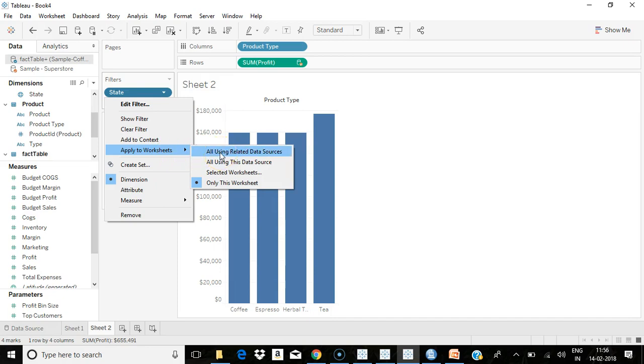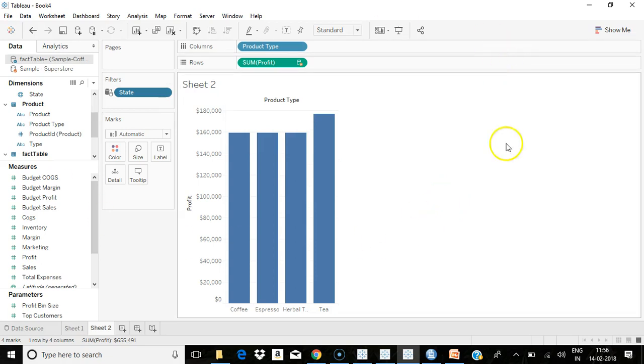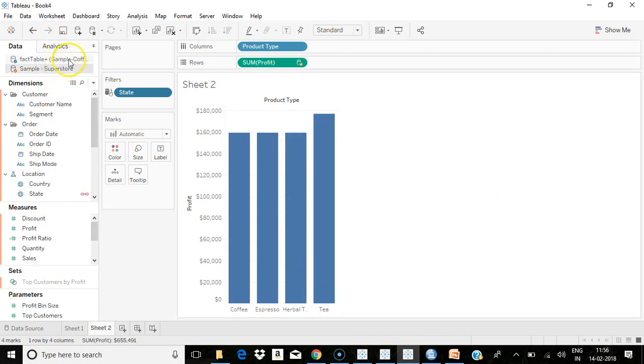By using this option, the filter becomes a global filter across the related data sources. So this is all about data blending. You connect to multiple data sources, create the relationship, and you bring in the required fields to create your views. And it works on a left join basis, that is between your primary data source and your secondary data sources.